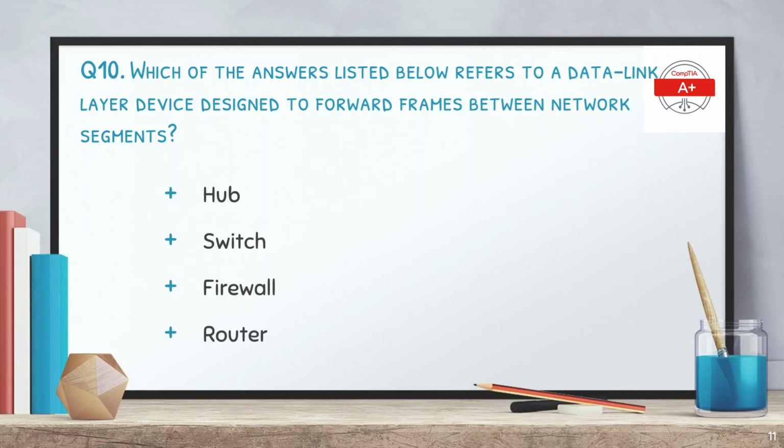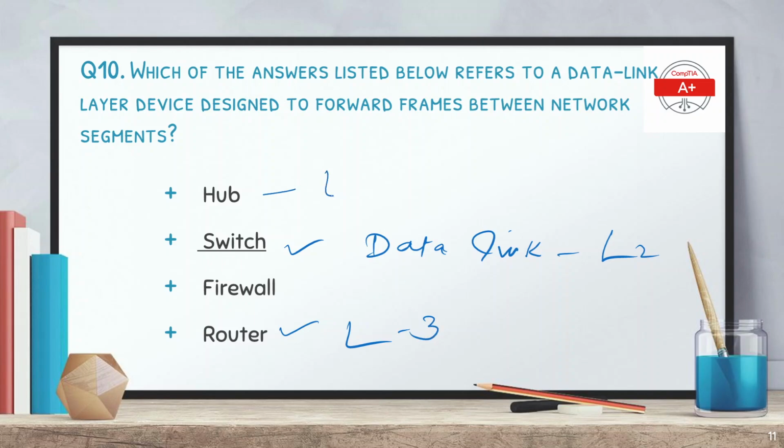Question number 10: which of the answers listed below refers to a data link layer device designed to forward frames between network segments? The options are hub, switch, firewall, and router, and the correct answer is switch. The data link layer is also known as layer 2. So the switch is a layer 2 device, router we can say is a layer 3 device,